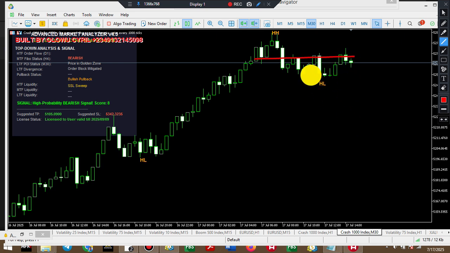This Crash 1000. After you've gotten an entry, place your stop loss where it is, put your TP. Focus on making more profit. Don't let your mind read negative. So in this trade, we are expecting nothing less than a good profit. That means a sell move. That is just it. It may not go easily deep to where we are putting our TP, but there must be a move. So at the end of the day, you must come out on blue,